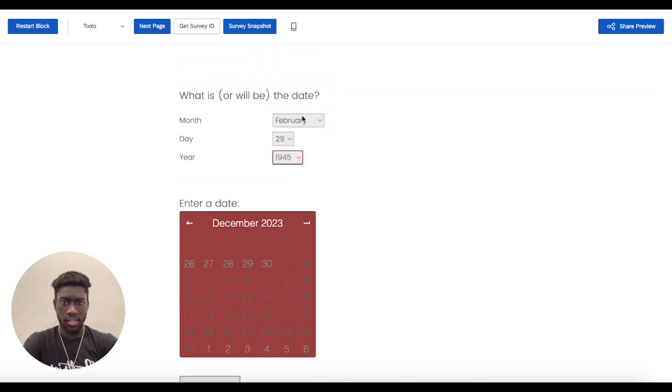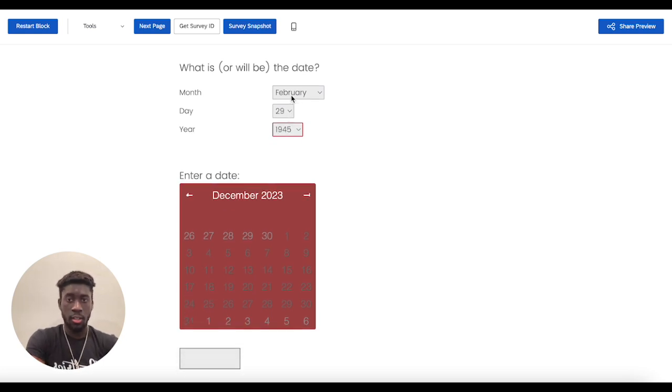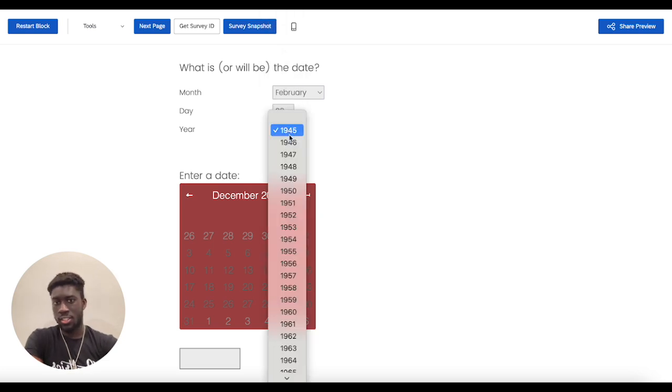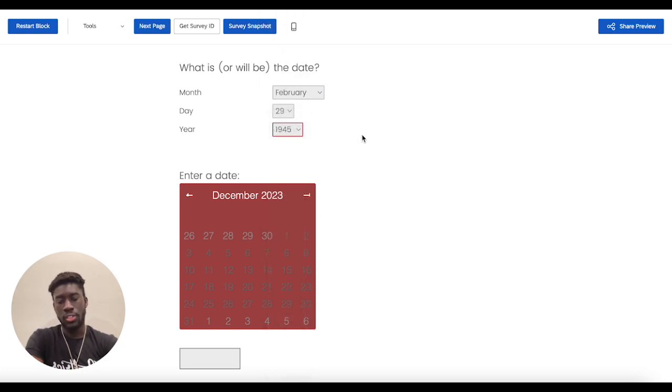1945, and it'll just be processed as February 29th, 1945, with the numerical value for February processed instead of the actual month value. Now, if you'll notice here, February 29th, 1945 isn't a real date. This isn't a leap year. In that case, this particular calendar isn't what's called a smart calendar, where it automatically adjusts for leap years and other regular years. So for this calendar, it will only show the maximum number of days in each month, which for February would be 29, but this year wouldn't exist in 1945, so that's something to keep in mind when